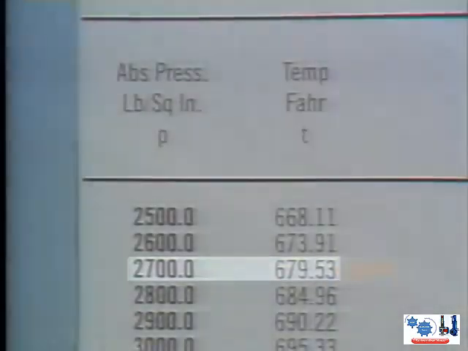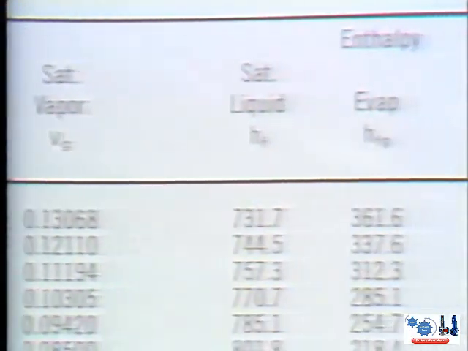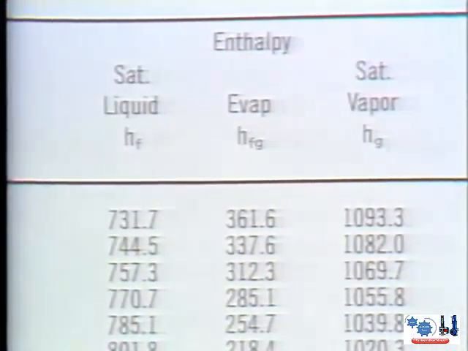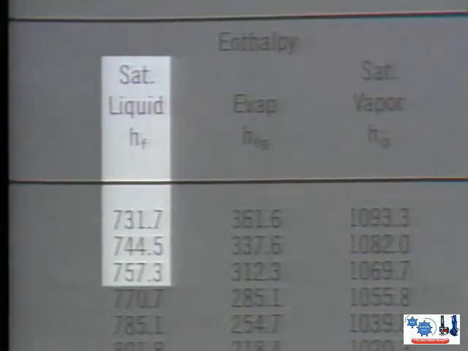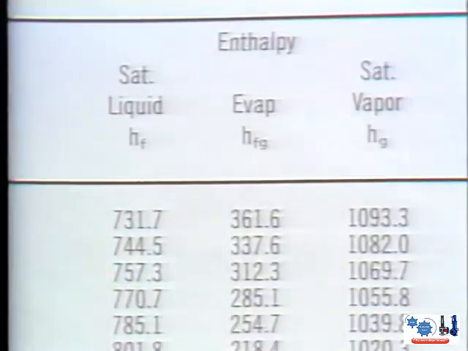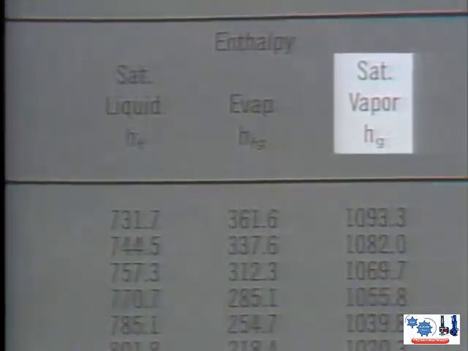679.53 degrees Fahrenheit. Now, if we want to know the enthalpy of saturated water at this temperature and pressure, we can continue across the columns until we reach the column under enthalpy entitled Saturated Liquid H sub F, and we find the value is 757.3 BTUs per pound. In the same manner, we can find the enthalpy of saturated steam if we check the saturated steam column H sub G. It's